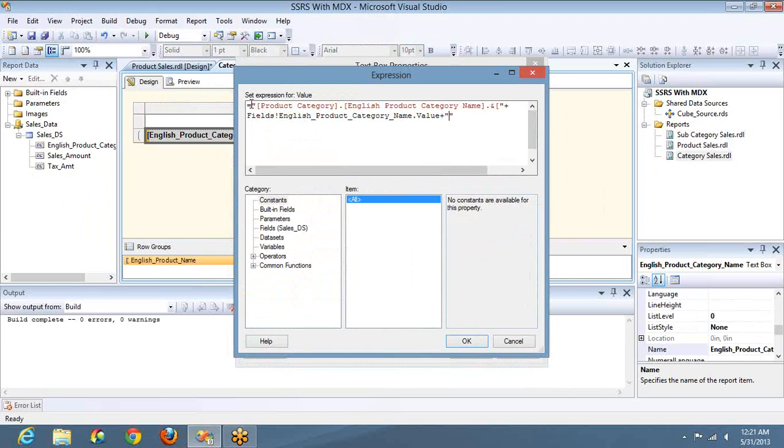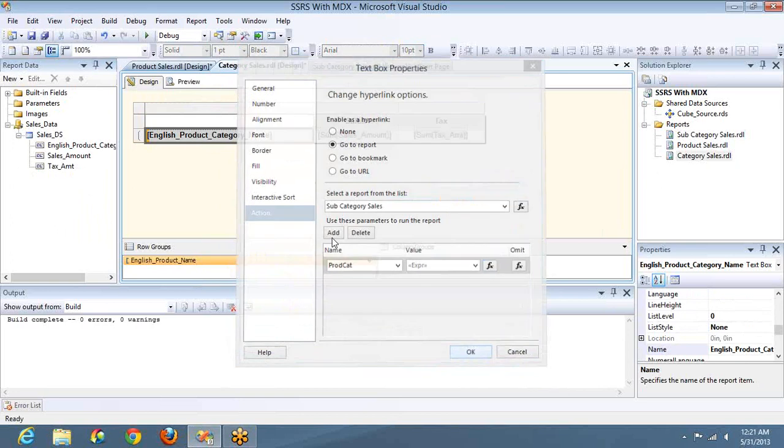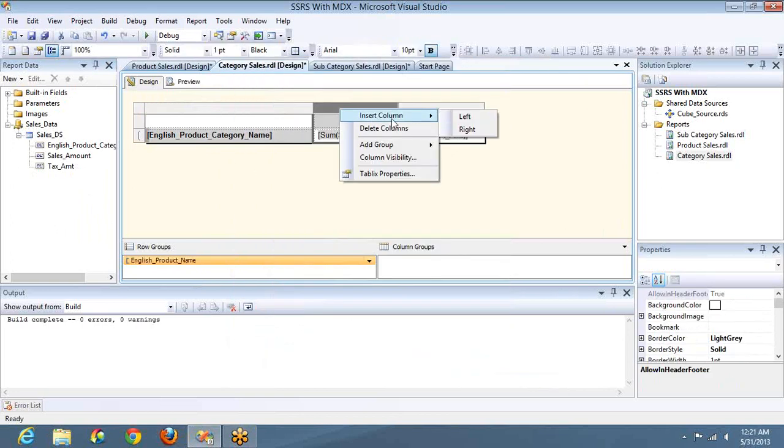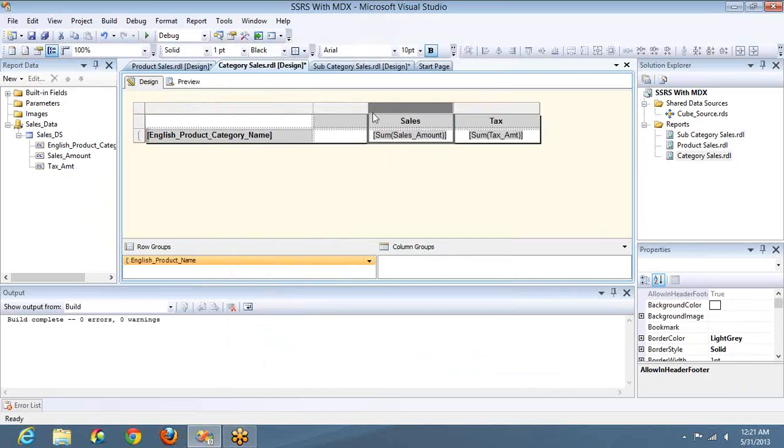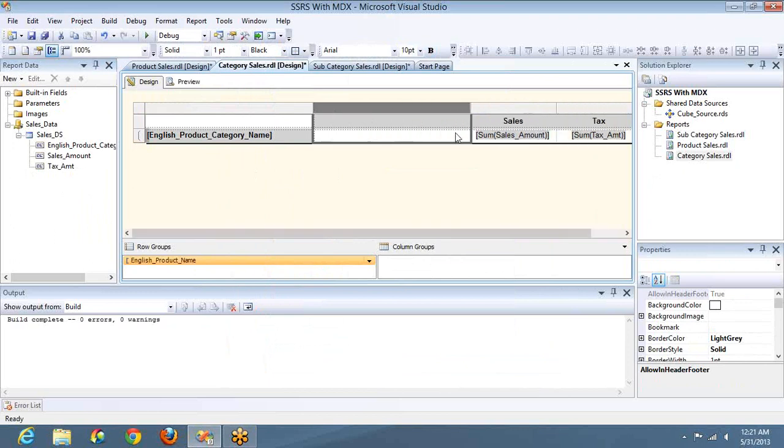After this, it has to end with the square bracket. For your information, I'll copy this expression into a text box,